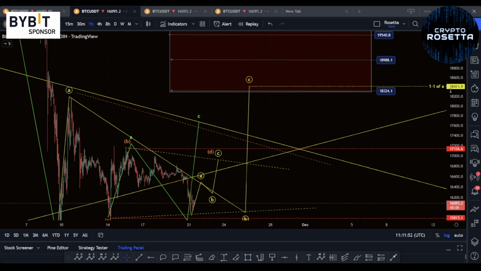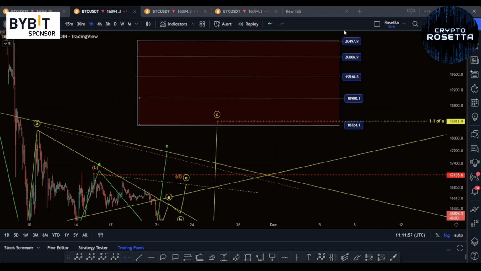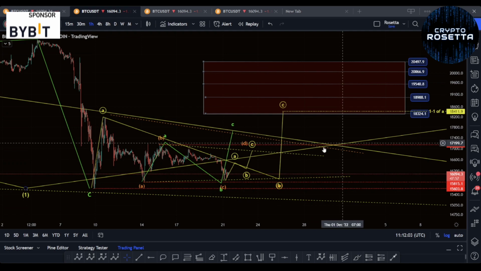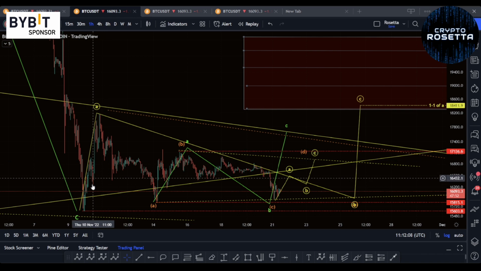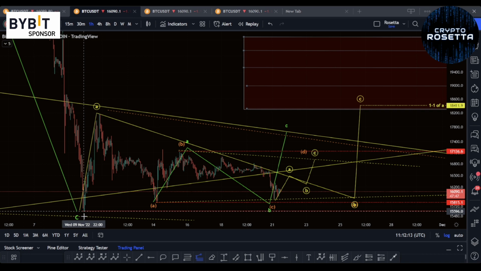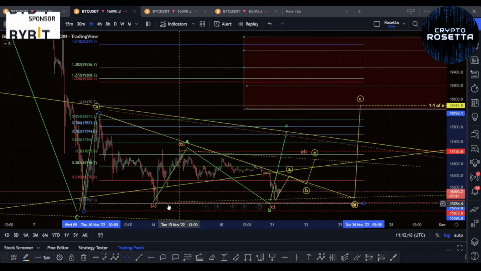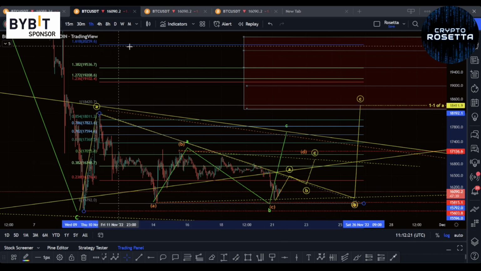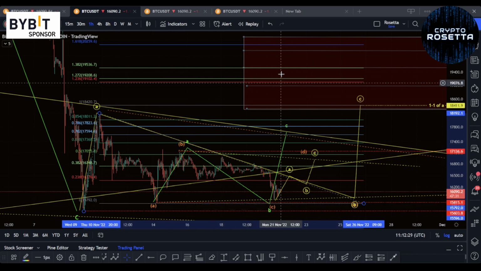If we break to the upside, 18,411, and anywhere between this zone could be a potential area we could look at. We would need to be mindful because there's a way of counting this as a 5 wave move. It's not very neat though, and I don't really like it, but it is possible. So let's work with this bottom here. If this develops as a triangle, it can go past this 1.618, but if it just develops as an ABC and then we have some kind of move developing off here where it just is an A, B,